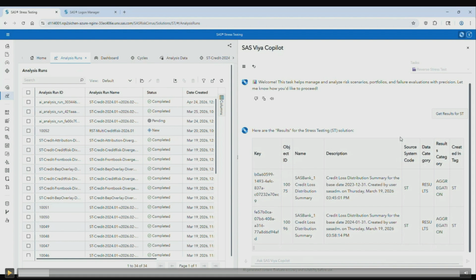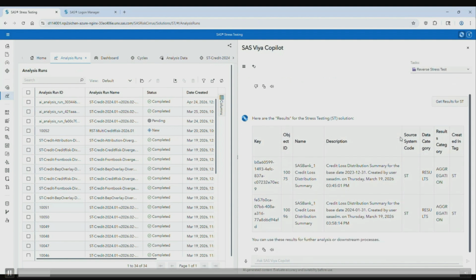Here we have the stress test loss distribution summary results, and we're going to use this to perform additional analysis today. This is the result set I'm interested in, so I can use it to further query and perform additional analysis.